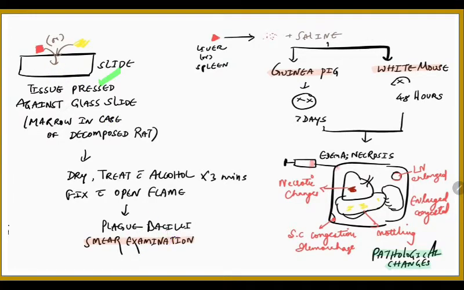Plague bacilli are basically seen. Now coming to the animal inoculation, the tissue is taken, mortared, and mixed with a little saline, and that is injected into a guinea pig or white mouse. In a guinea pig, it is infected and dies within 7 days. In a white mouse, it is 48 hours. Now, there are some pathological changes at the site of injection. There will be edema, necrosis. There will be necrotic change in the lungs, mottled liver, subcutaneous congestion and hemorrhage. There are buboes and congestion of the spleen.